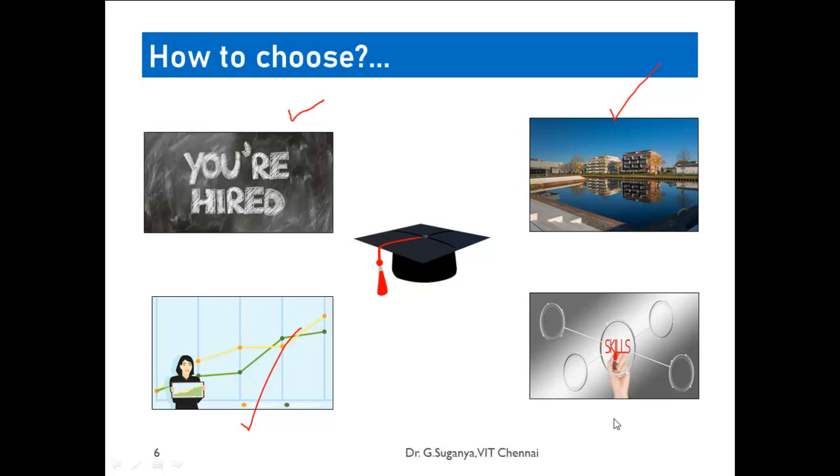And of course, the more important thing, the skill set that the student possesses. It's not only the academic skills, but all the skills, whether he is able to get accommodated in a particular college, what the social distancing is that prevails there, what the social area is in which the college is situated, and so on. These are some of the parameters on which the college will be judged, and based on the results you will be able to choose.